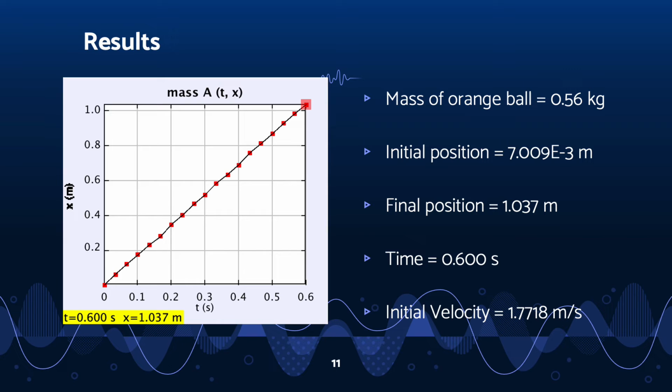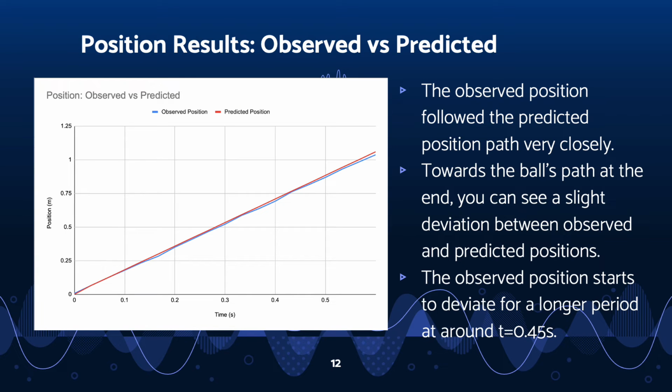To start off, I found the mass of the orange ball, calculated the initial and final position, the time, and calculated the initial velocity. Here you'll find the position results, and what this graph is showing is the results from the computational model and from the Tracker application that I used. As you'll see, the observed position followed the predicted path pretty closely, and towards the end of the ball's path you can see a slight deviation, but the deviation doesn't really start for a longer period of time, until around